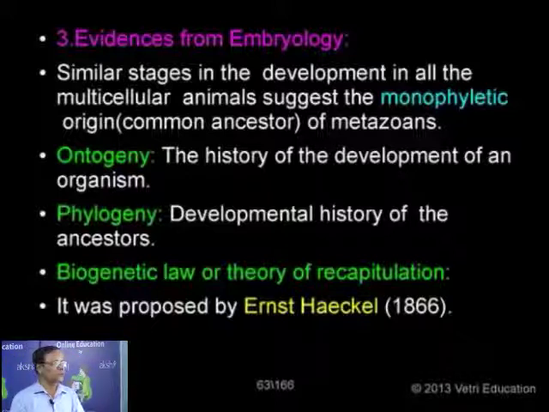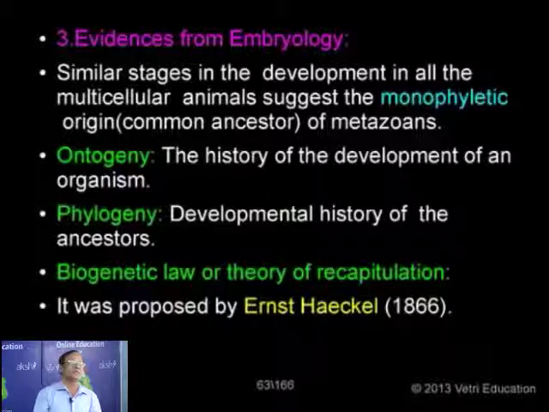We have to know two phenomena or two definitions. One is what is called ontogeny. If we are talking about the developmental history of an individual, say an example of a human being or say a frog. So what are the different stages in the development of a frog? Starting from zygote, we have the tadpole larva, then we have, for example, the adult frog. That study is called ontogeny. So the study of developmental history of an individual is called ontogeny.